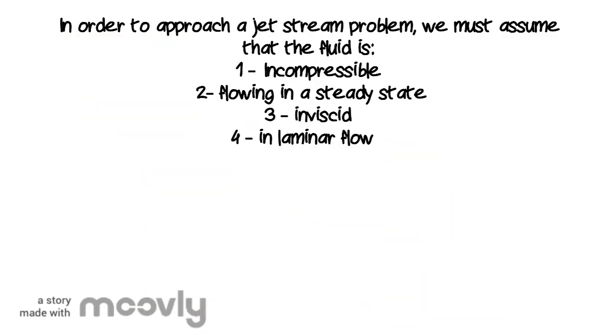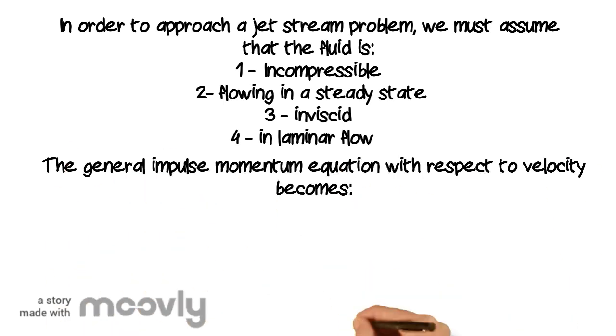In order to approach any jet stream problem, we will use Bernoulli's assumptions that the fluid is incompressible, flowing in a steady state, inviscid, and in a laminar flow. The general impulse momentum equation then becomes